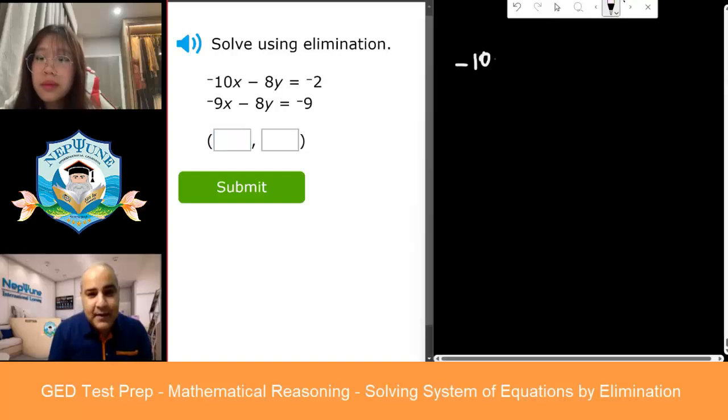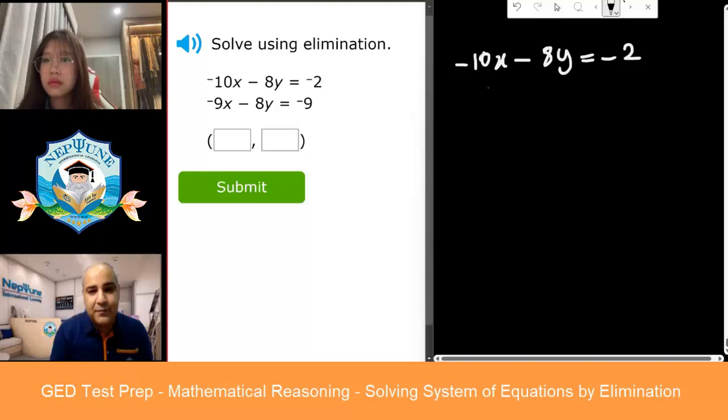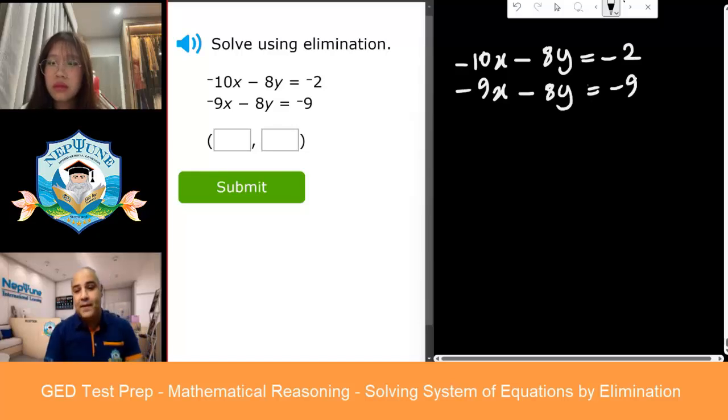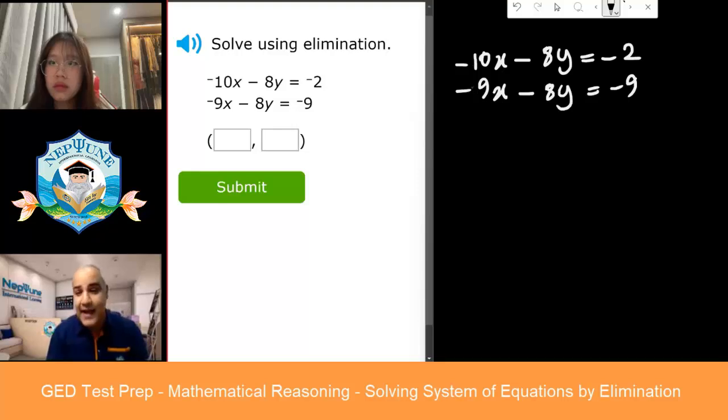Negative 10x minus 8y equals negative 2. Now negative 9x minus 8y equals negative 9. Now here, if I add negative 10 and negative 9, they don't cancel each other. They don't cancel out. Negative 8 plus negative 8 is negative 16. They don't cancel out. Negative 2 plus negative 9,